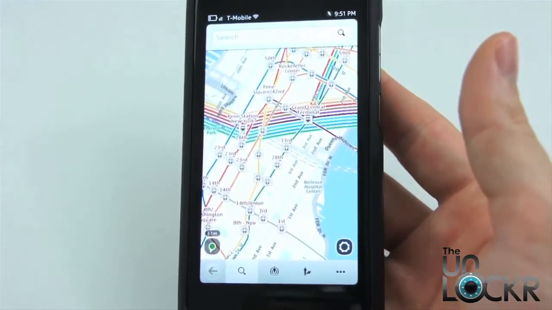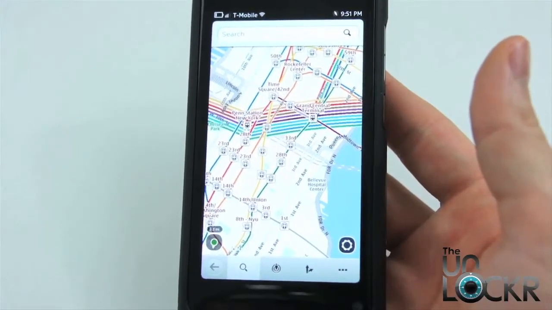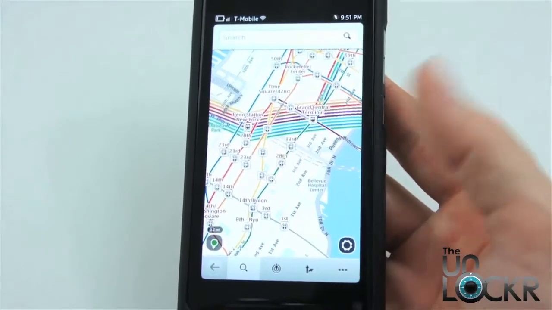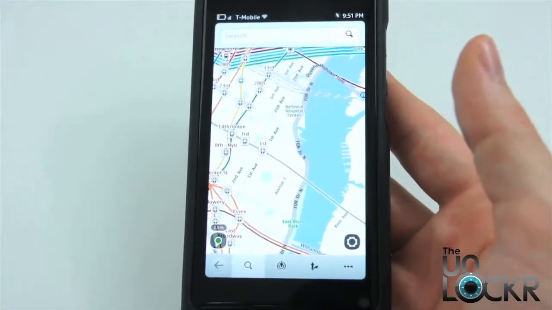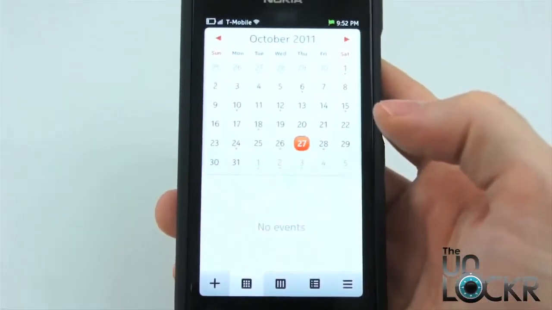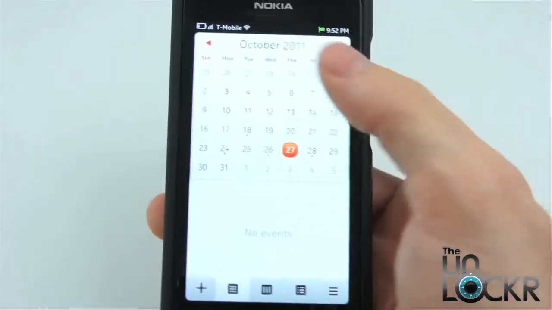One thing that's not so good is its accuracy. It's a little questionable. The other day, I searched for a bar and ended up in someone's driveway, for example. Next up, we have the calendar, which has this cool little view where it's got the 30